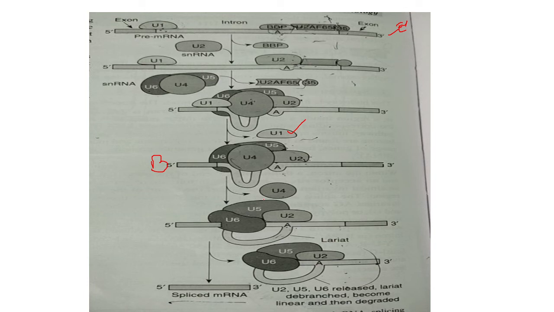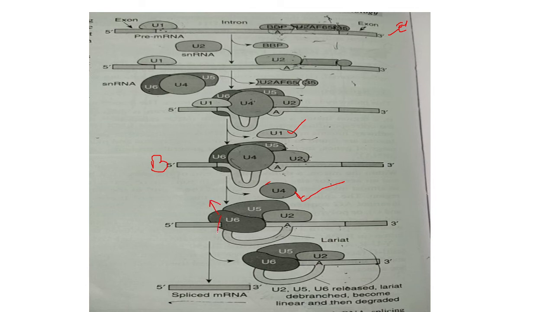The complex C, that is the catalytic spliceosome, will come and U4 will be released. You can see U4 will be released out. Next is the catalytic factor. As soon as U4 is released, the U6, remember it, listen carefully,